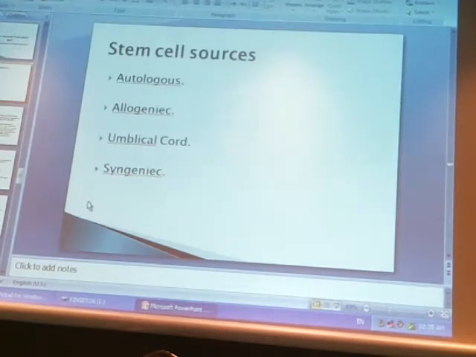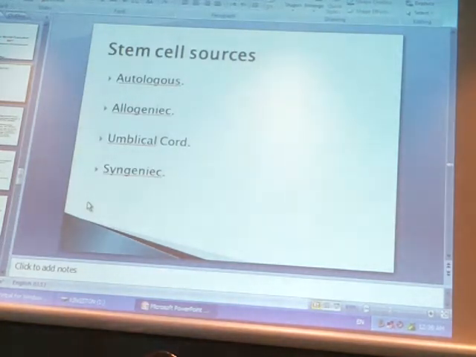autologous transplant, which means from the same person: the person is the donor to himself. And allogeneic transplant, which means stem cells taken from another donor. And we have many types of other donors. We have full matched sibling donors. We have unrelated matched donors. And we have cord blood stem cells. And we have the